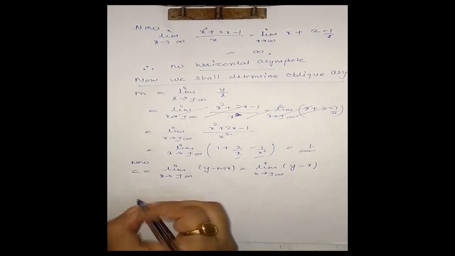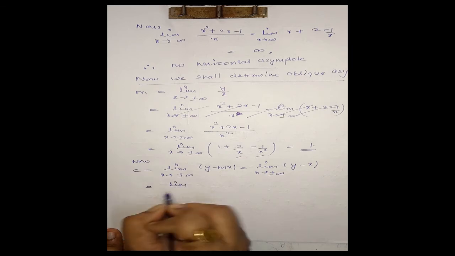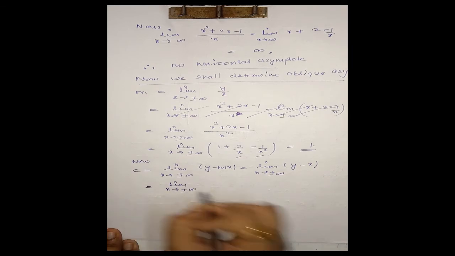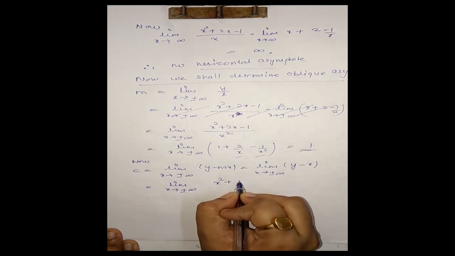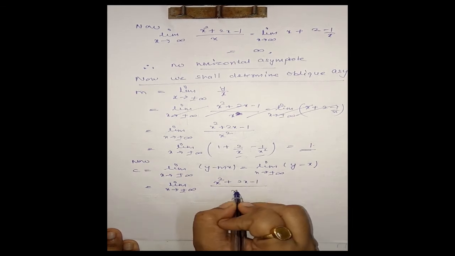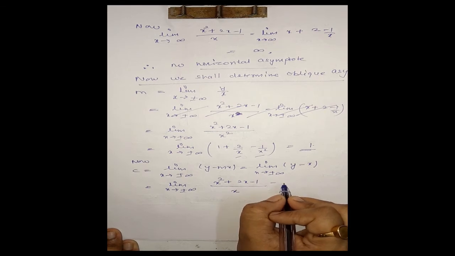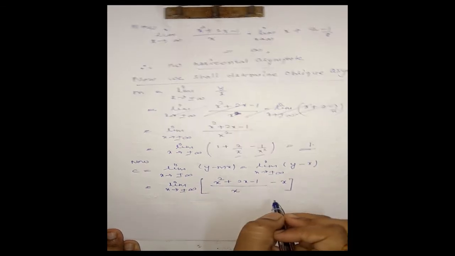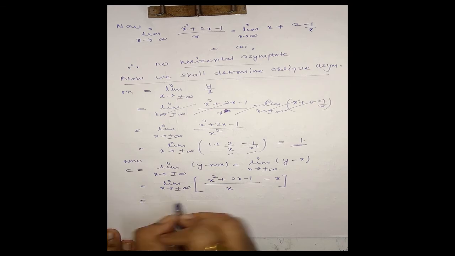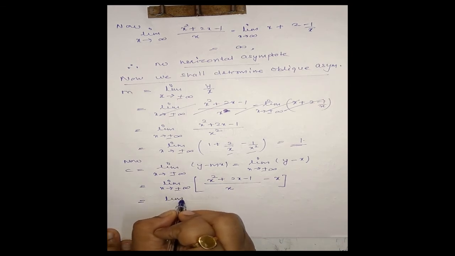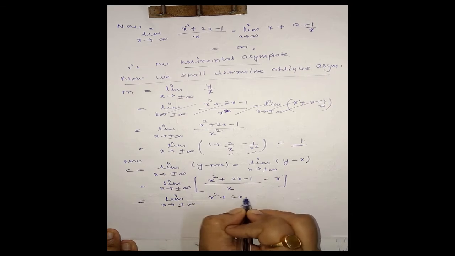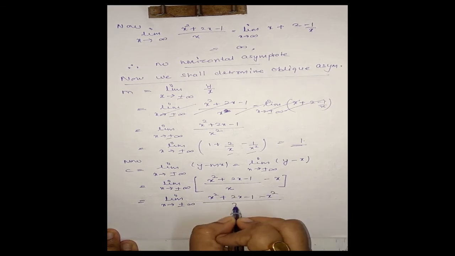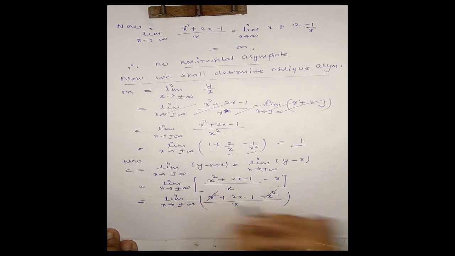Okay, therefore this is limit x tending to plus minus infinity, substituting the value of y, (x square plus 2x minus 1) by x, minus x. Now this can be written as limit x tending to plus minus infinity, (x square plus 2x minus 1 minus x square) by x. The x square will get cancelled out. Okay, now we are left with